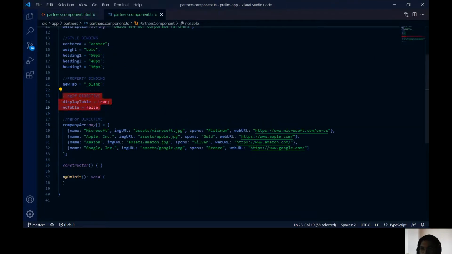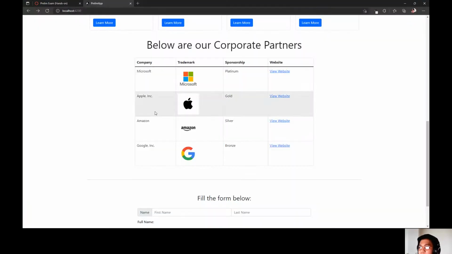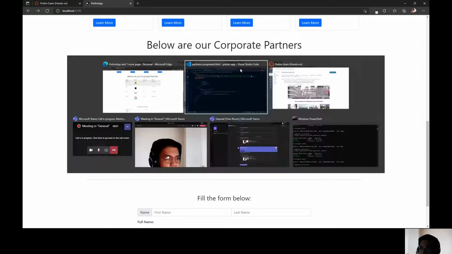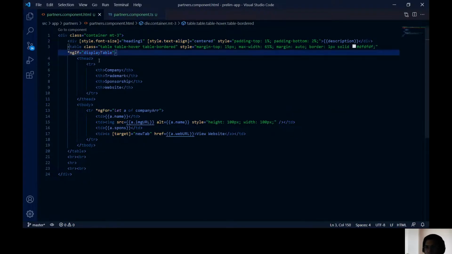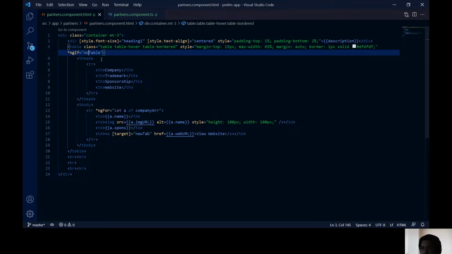There are two variables here in the TypeScript file, which are displayTable that has the Boolean value of true, and then noTable that has the value false. So displayTable by default is true, so the table will be displayed. But once we change it to noTable, save it, as you can see, the table vanished. So that's how the ngIf directive works in the